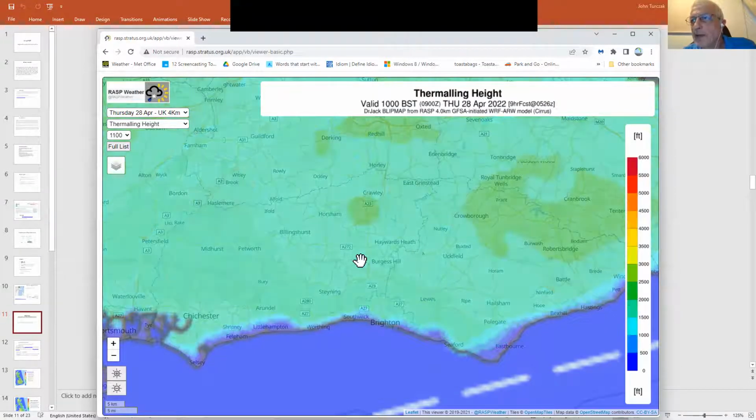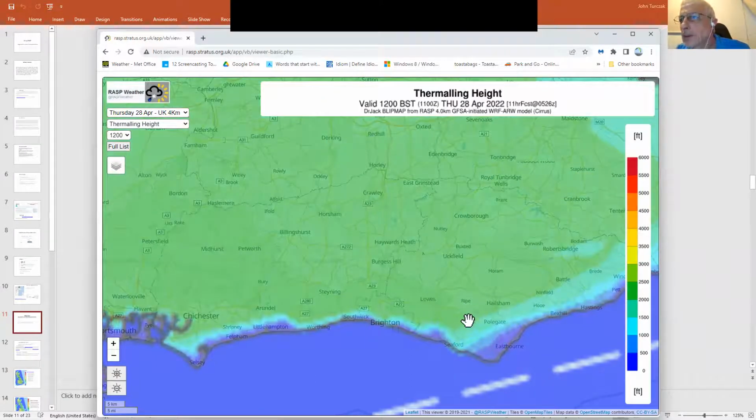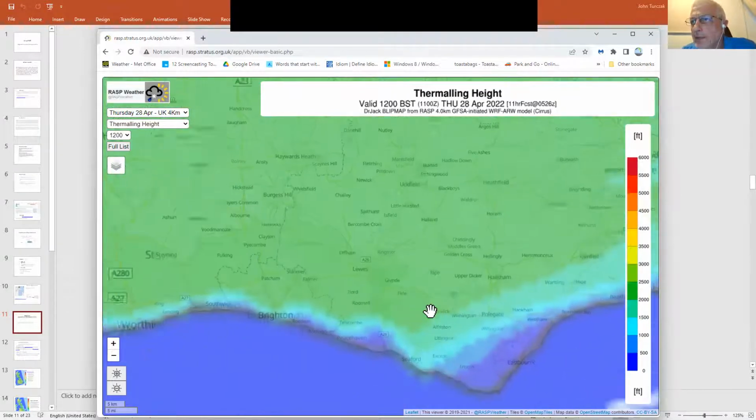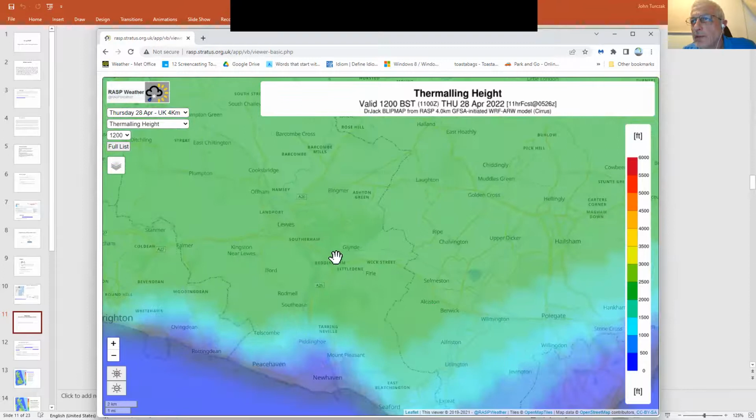If we progress through the day, you'll see a couple of things happening. One, inland, you'll see the lift is going up. What you'll also notice is along the coast here, the thermaling height is dropping. Now this will be basically sea air moving in. But if we zoom in on what we're looking for,